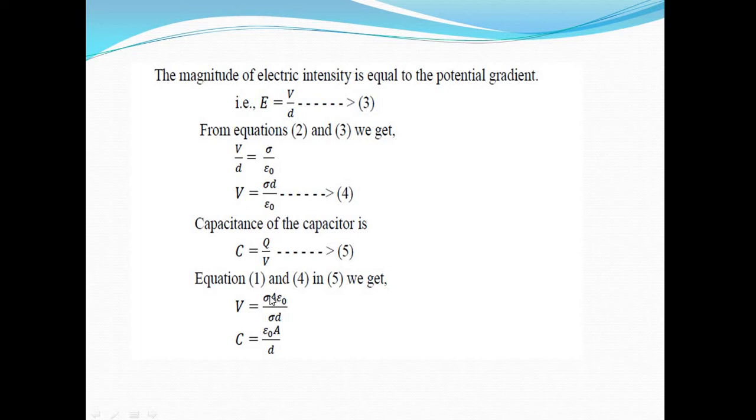For the capacitance we need Q and V. Q is equal to sigma A. All of you know that. And V is sigma d divided by epsilon naught in the denominator. Epsilon naught will come to the numerator. Here sigma cancels out. So we will get A epsilon naught divided by d. This is the expression for the capacitance of the parallel plate capacitor without dielectric medium, or with air as the dielectric medium. This is a very important question for 3 marks, students.